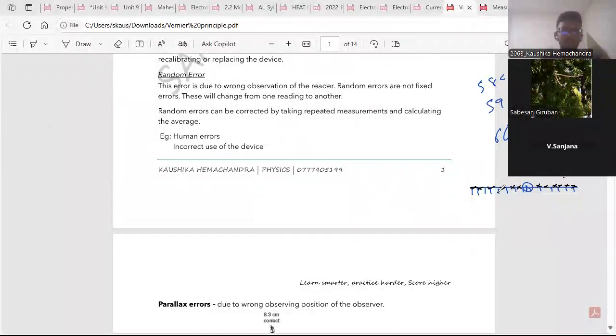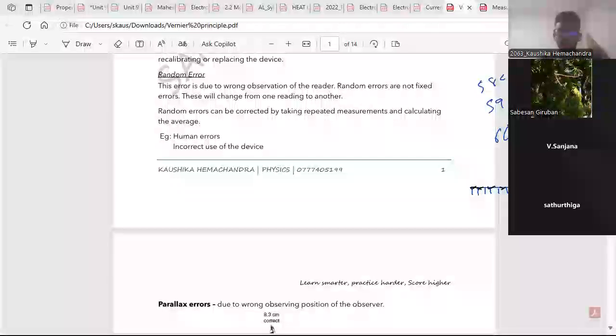It might not be the perfect reading that we get as the average, but to reduce it, we need to take the average, right? So when you take the average, this will be the average, right? So this is a very useful way to show how the random error affects the reading. So when you compare it with the systematic error,